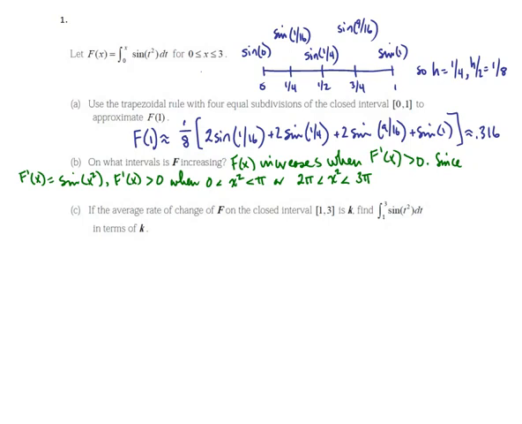If we take the square root of all those sides, then F prime will be positive when x is between 0 and square root of pi, or when x is between square root of 2 pi and square root of 3 pi. 2 pi is roughly 6, so the square root of that is still less than 3, but 3 pi will be a little bit more than 9, so the square root of that will be beyond 3. So we only